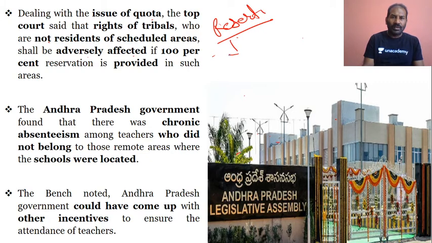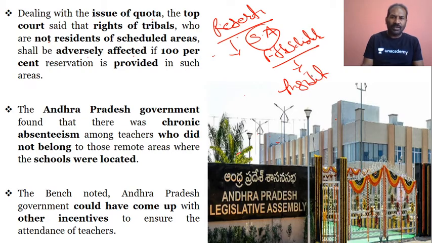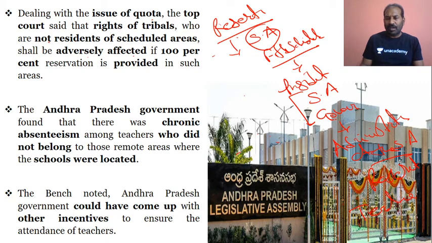When we were talking about the scheduled areas, it is actually in the fifth schedule. Fine. And when we are talking about the fifth schedule, it is the president who will decide or define the scheduled areas in consultation with the governor, I said. And then the governor will look into the administration of the scheduled area. So when it is administration, definitely in regards to the reservation or the appointment of the teachers, it is definitely the 100% reservation we are talking about.